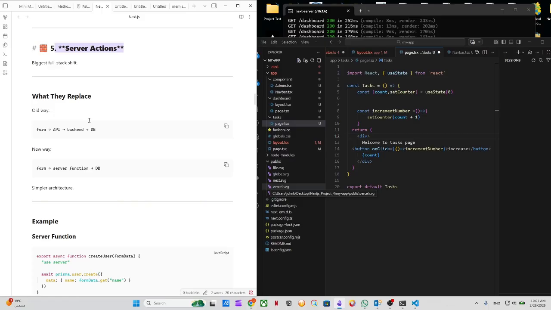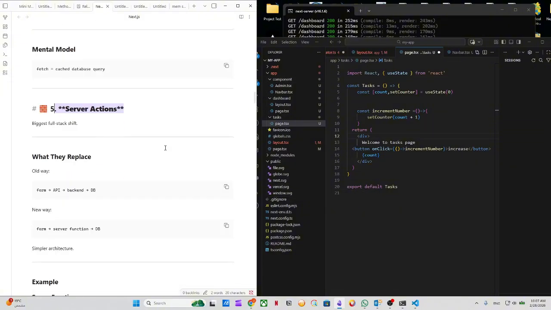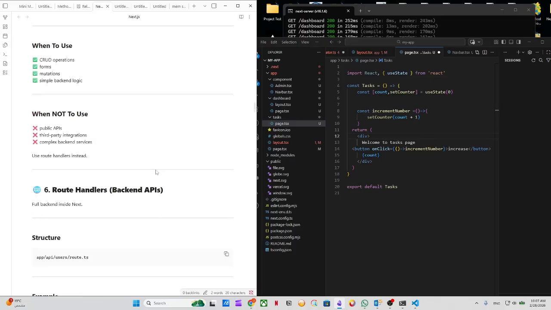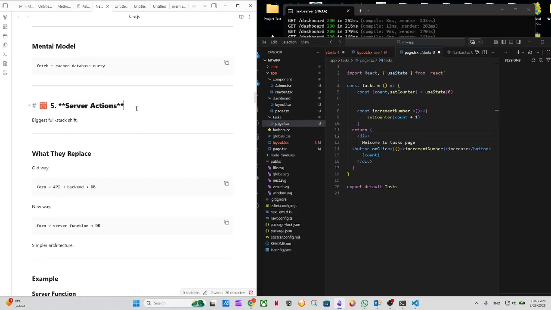So the reason is server actions. We said first the routing, it simplifies routing. Okay, that's one feature. And the second feature is actually server actions. Server actions is like,